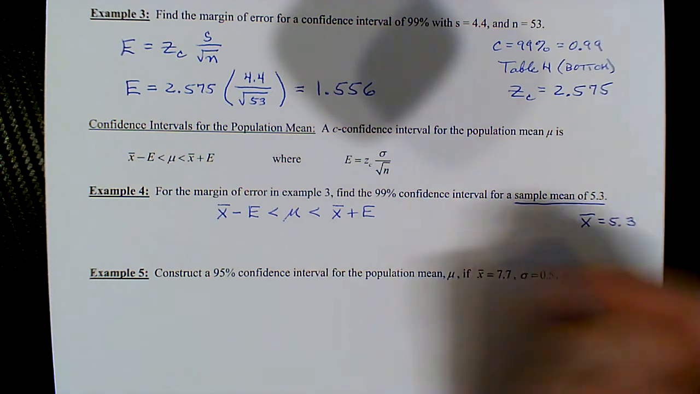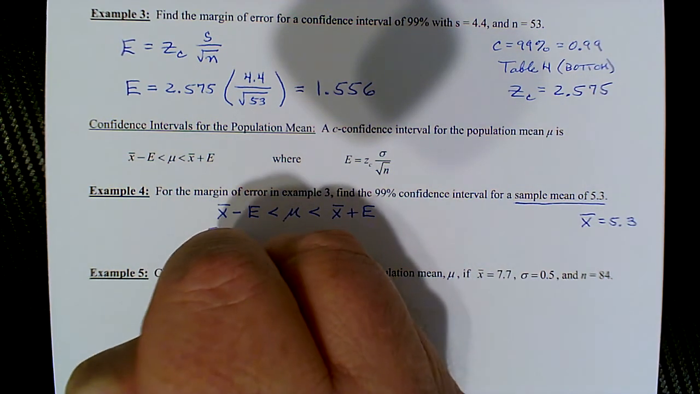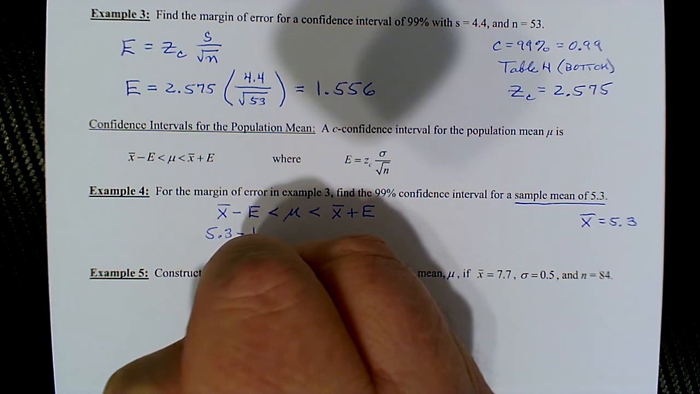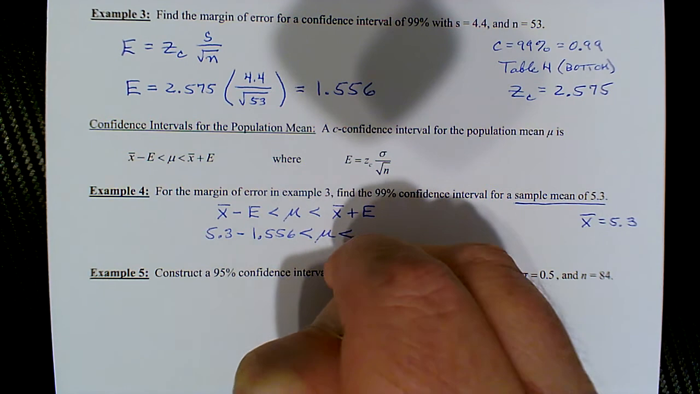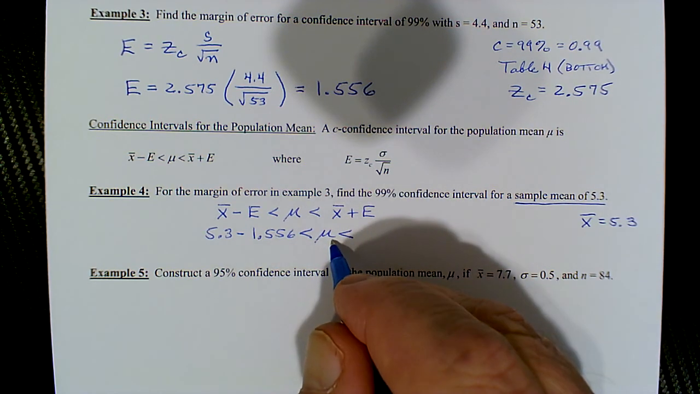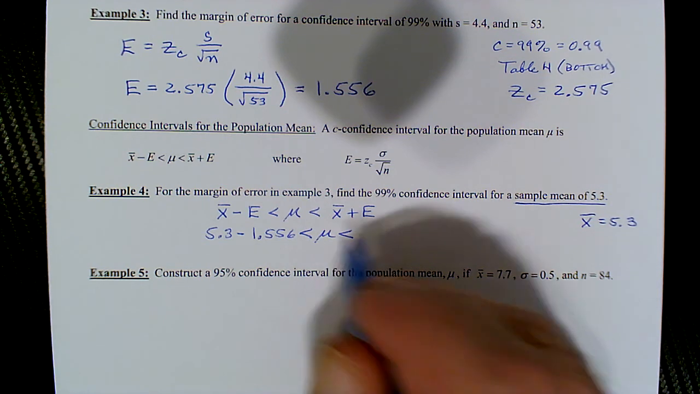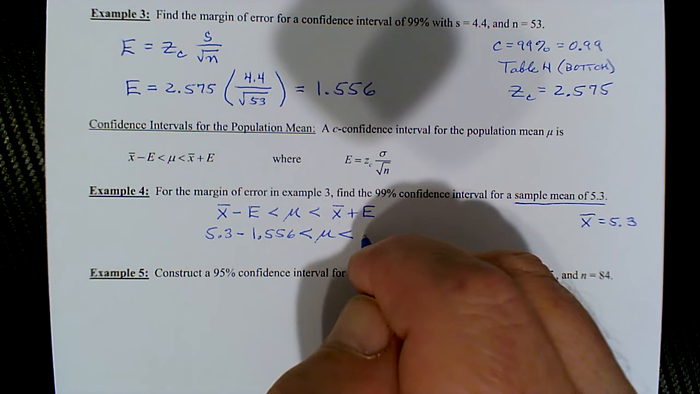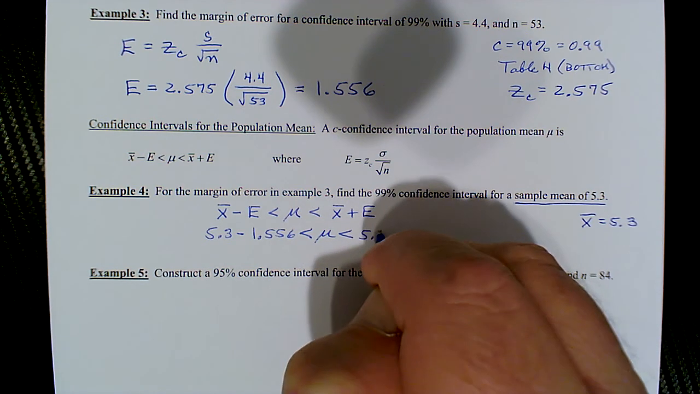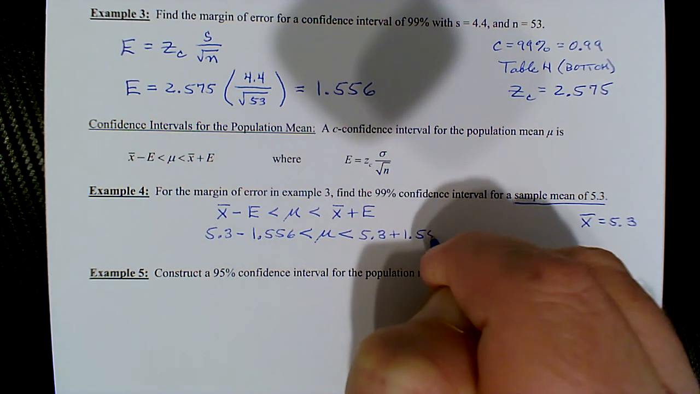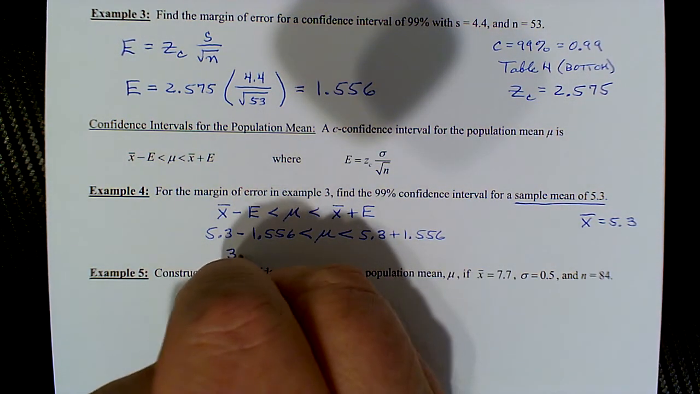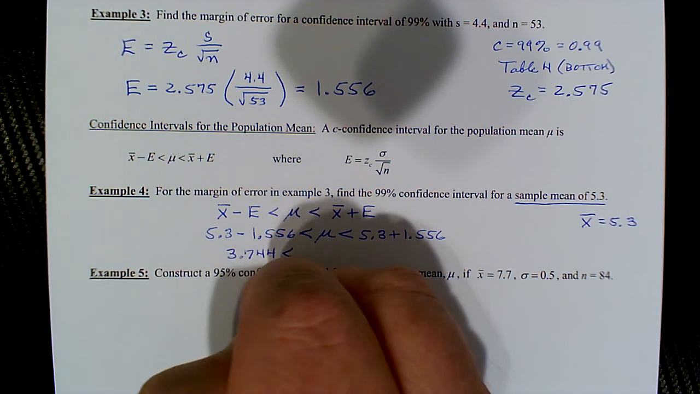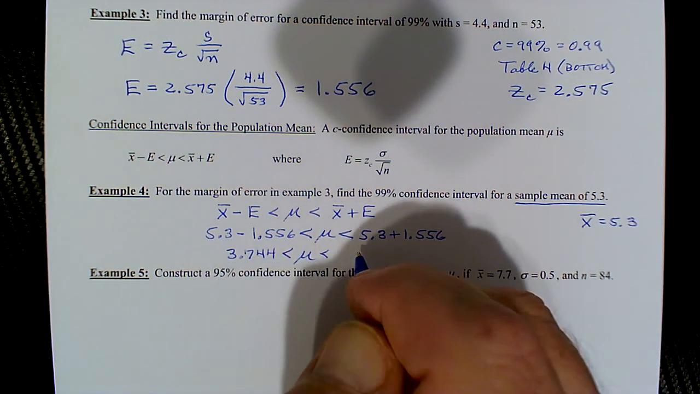So we'll just substitute x bar, 5.3, minus the margin of error, 1.556, is going to be less than the population mean. You always want to leave mu, your population mean, in the middle here, because that is what we are trying to estimate, and that's going to be less than 5.3 plus that margin of error of 1.556. And so that gives us a left endpoint of 3.744, which is less than the population mean, which is less than